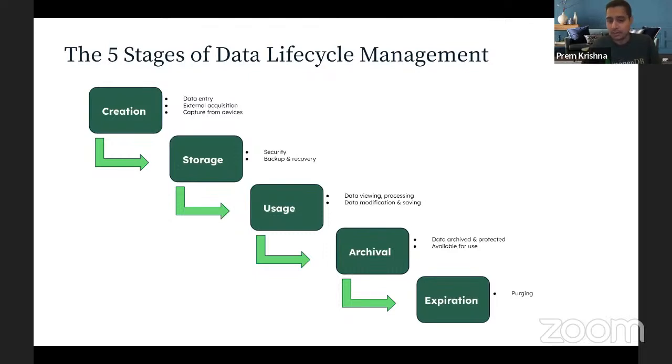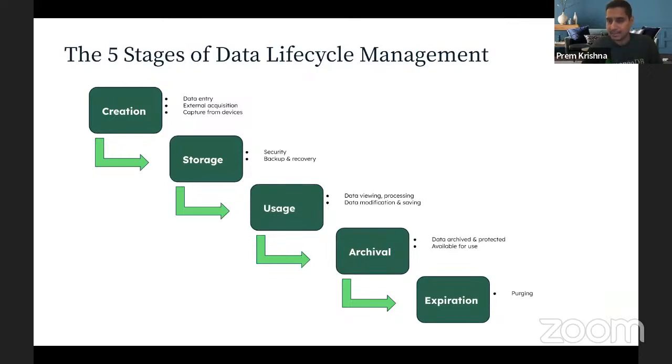Then we move on to the archival process, where data, once it has been used, moves to a cold storage tier for data tiering purposes, but it needs to be archived and protected and available for use at a later stage. And that particular stage is called the archival. And after the archival process, once data remains in the archival stage for a period of time, data gets expired from the archive itself, and data gets purged from the archiving area or the cold tier. So we'll talk about these stages, especially the archival stage and the expiration stage,